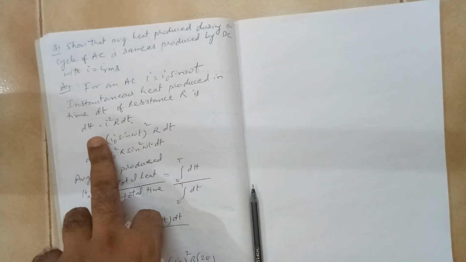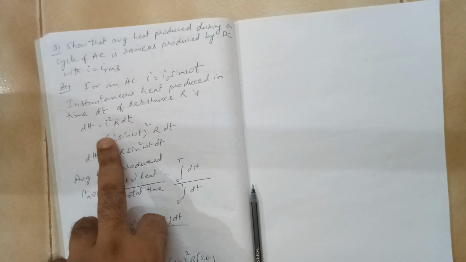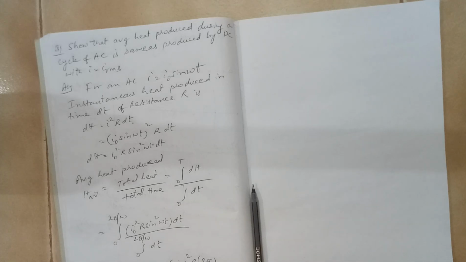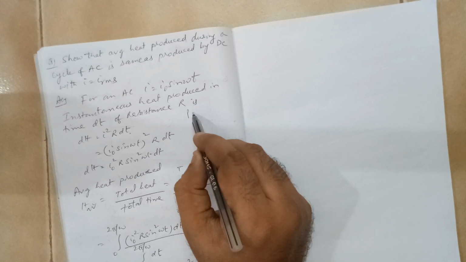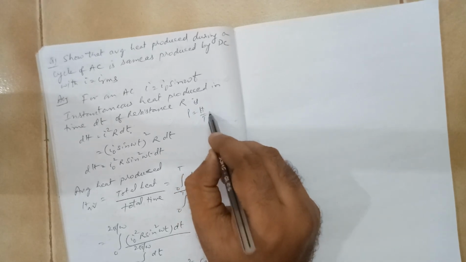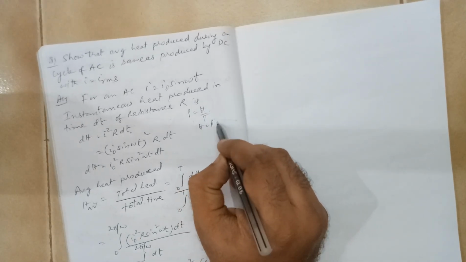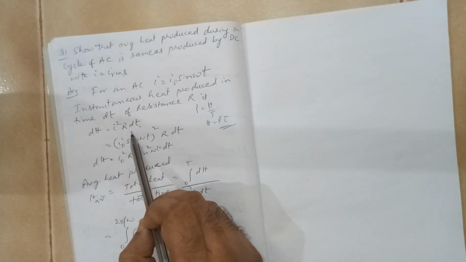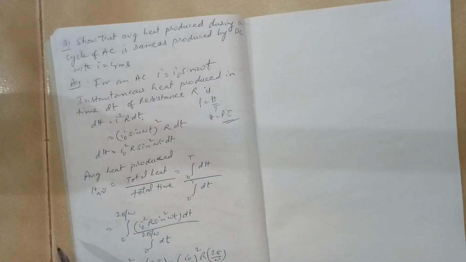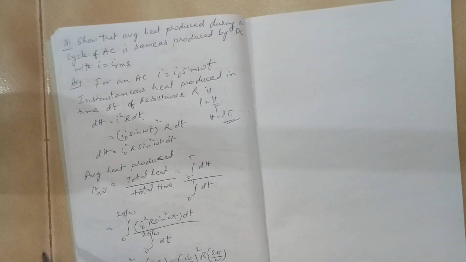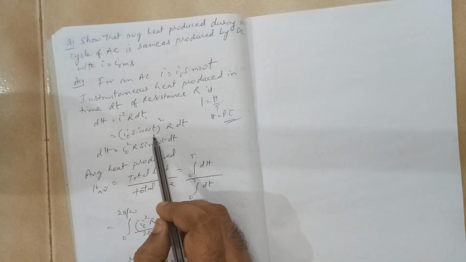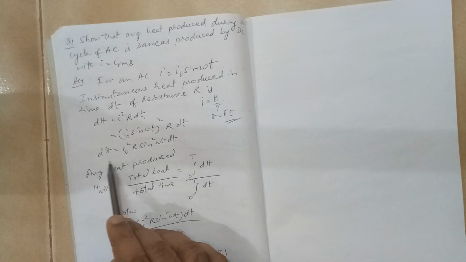We have already done this expression that it will be H is equal to I square R into t. Remember? What is heat produced here? Basically power is heat produced by time. So what is heat? Power multiplied by time. So what is power? It is I square R multiplied by dt. You get the dH value. If you want to get the total value, you have to integrate it. As simple as that. This I value is I0 sine omega t. So this is the expression you get.